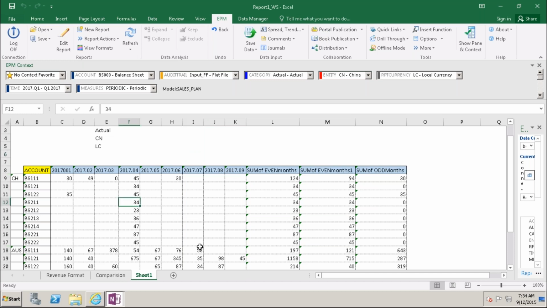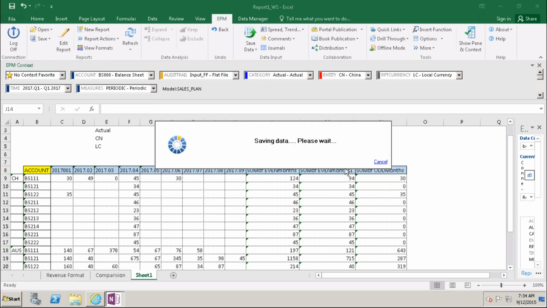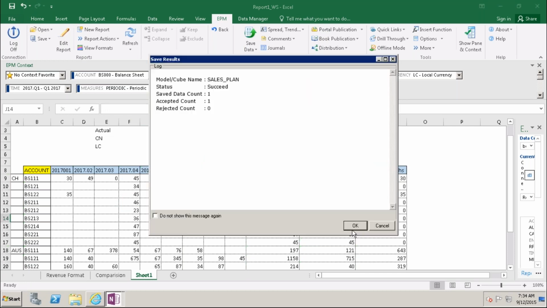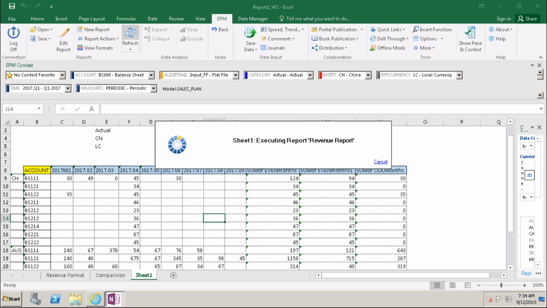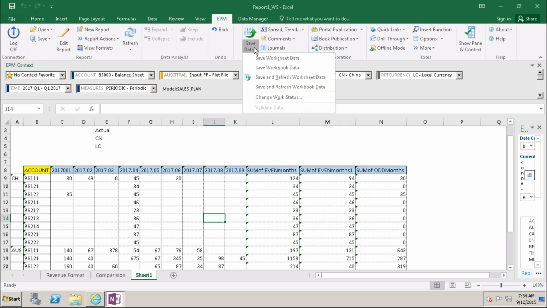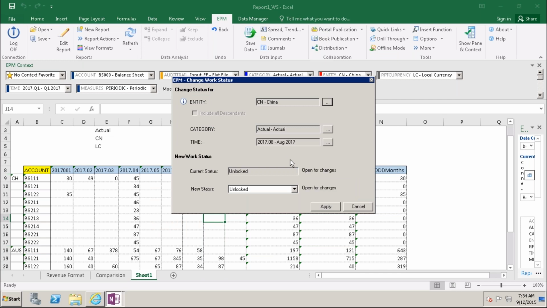For example, 46, sorry, saved, one data record, it is saved, accepted, fine. I changed my planning data, and I'm going to submit.